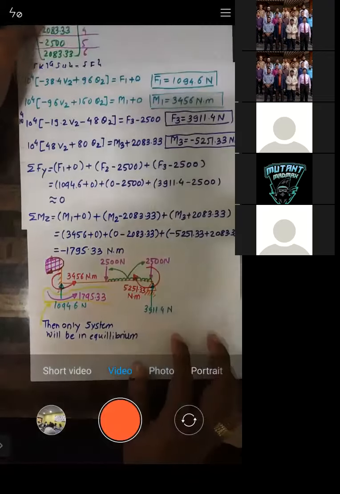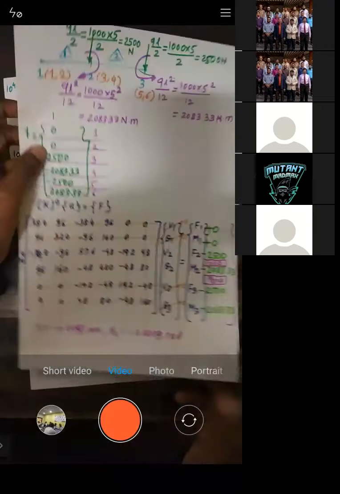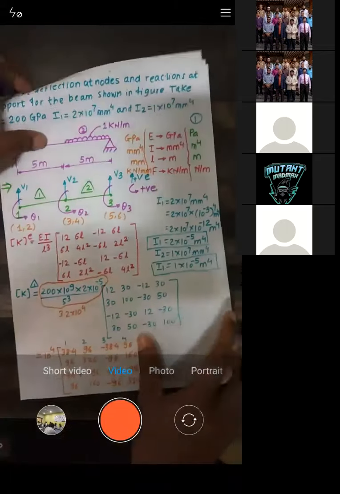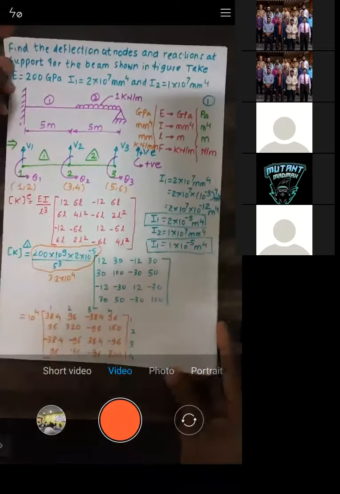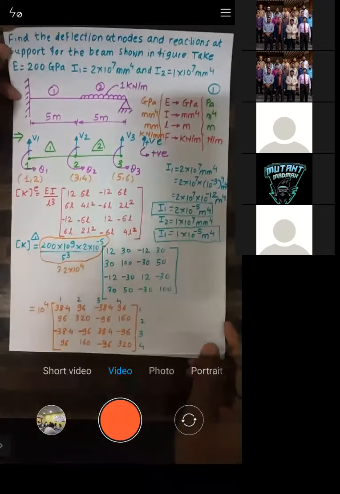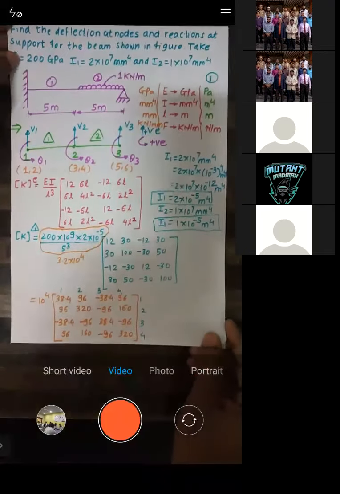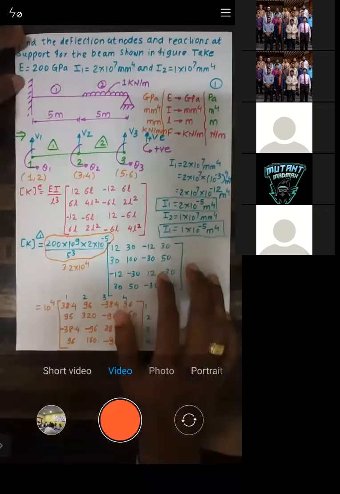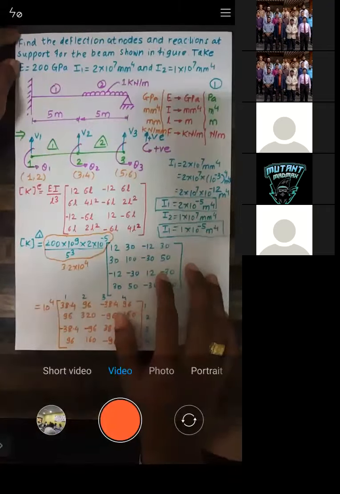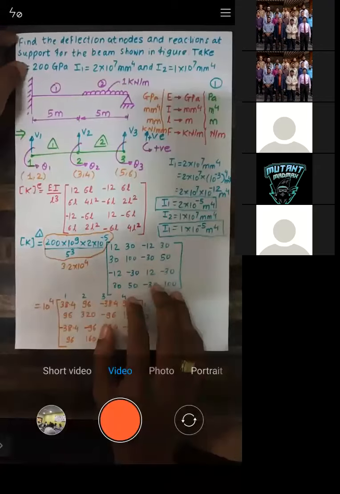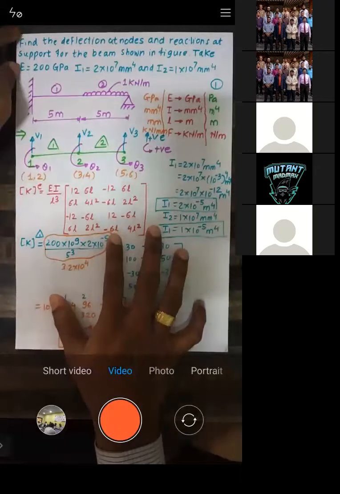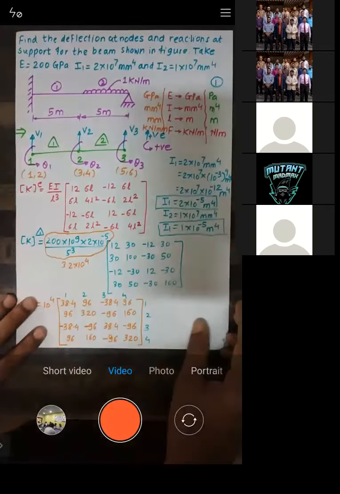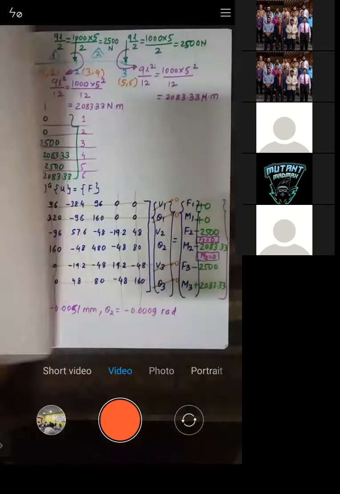So see, I was about to start the new problem, but again it will not get covered. So I thought of briefing you about this problem once again. In the next lecture we will be able to start one more problem. You know, it will take 1 hour to complete, right? And only half parts would get solved. So that is the reason. This was the problem which was given, right? Is there any doubt or difficulty you're facing with this one?